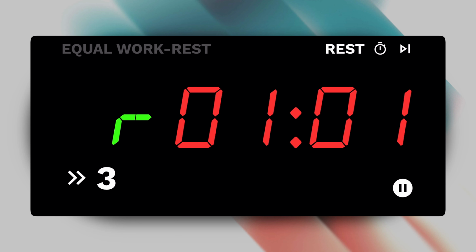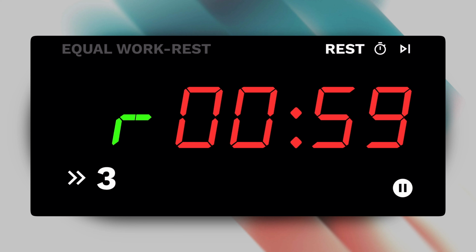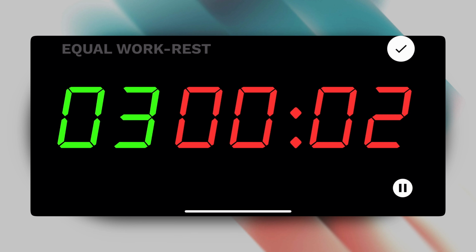You're going into round 3. We can select to skip the rest, which we'll do now in the top right. We now start round 3. For brevity's sake, we'll select the check mark. Again, the rest is the same period length. We now go to round 4. We'll continue again, round 5, and then when we hit the check mark,